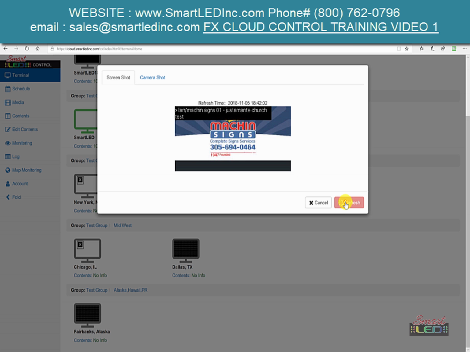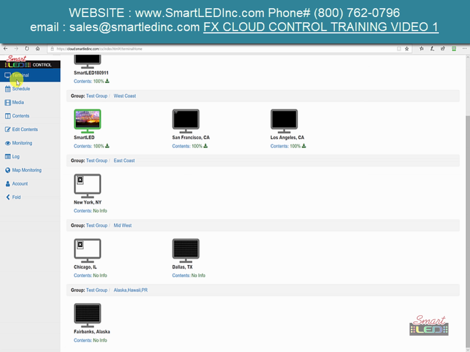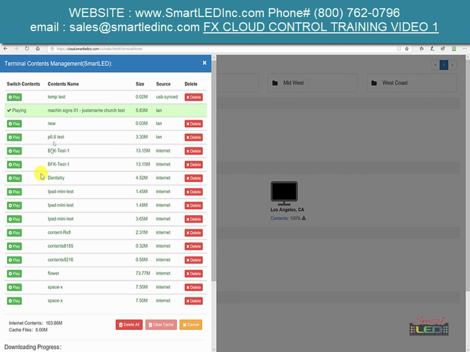So again, if you had like 12 different programs on your sign, then you could just change your programs by logging into your Smart LED Cloud and going into contents. Well, actually go into terminal and just do what I just did right now. Let me cancel, and I'll show you again. So I go to terminal. I don't click the screenshot. I don't click the Smart LED, which shows me the metrics of the sign, but I click on the contents, and it shows me all the contents I have,